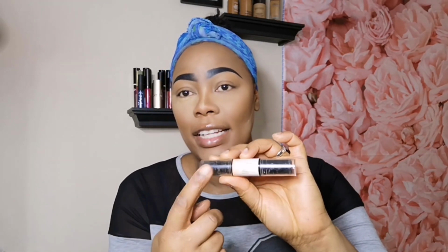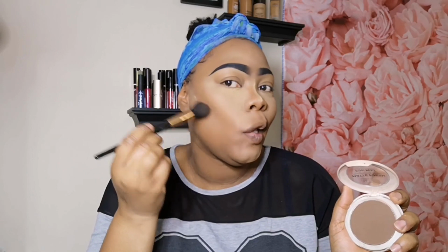It has highlight and contour, and you can go ahead and contour just around your face, the side of your nose, and under your chin. You can use that. This matte finishing powder, and I'm going to use it for my contour. Dab, dab, dab, and then you tap it off. Tap off the excess powder, and you go on in like this,